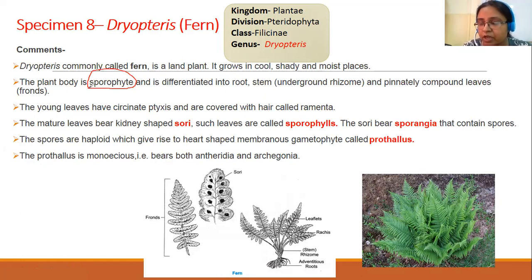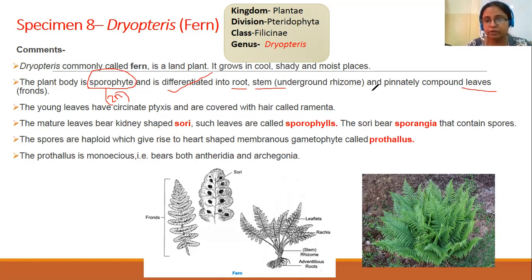Earlier, what we have studied, algae, we have seen. We have seen the bryophytes. In bryophytes we have seen the liverworts and mosses. Their main plant body was haploid, n. But here the main plant body is sporophyte, it is 2n. So when this main plant body is sporophyte, diploid, 2n, it is well developed. It is considered an advanced feature of the plants. So here, since the main plant body is sporophyte, diploid, 2n, it is well developed and well differentiated into the true root, true stem, and true leaves.